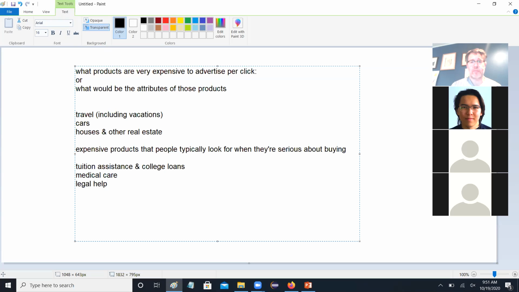Legal help, right? If you are accused of some terrible crime and you need legal assistance, well, you're going to buy something. Yeah, colleges in general, sure, right? Better Call Saul, exactly. And the last one, this is the one that's the big thing. Insurance, right? Especially life insurance. Okay, life insurance